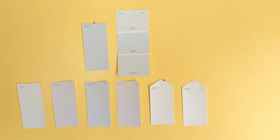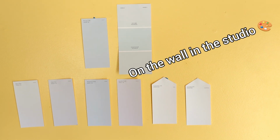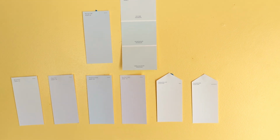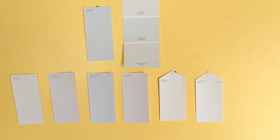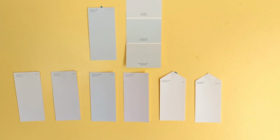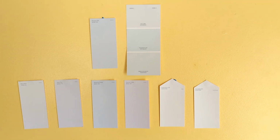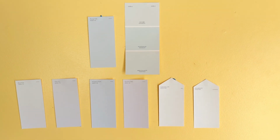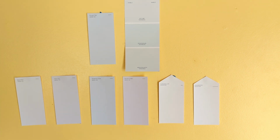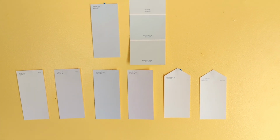Okay, y'all, this is going to be interesting with my phone. This is how they pretty much look on the wall. But when I get close to them, they do something different. So I may have to pause and adjust the lighting. There's a camera I really want, no offense to our phone, because we love our phone, but I'm just giving you a chance to look at these from a little bit of a distance before I identify colors associated with them. I know they all look really similar, but I'll talk to you more in the chatty